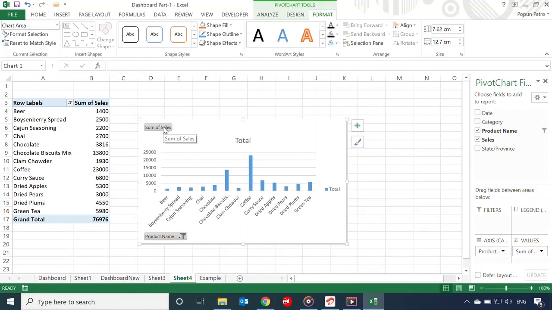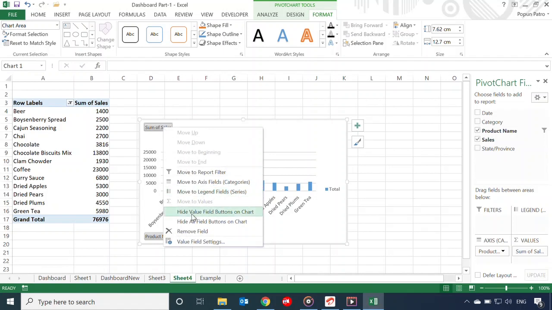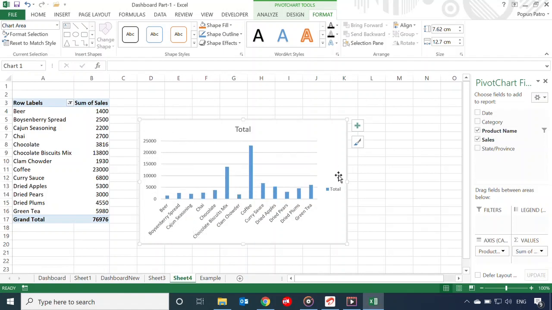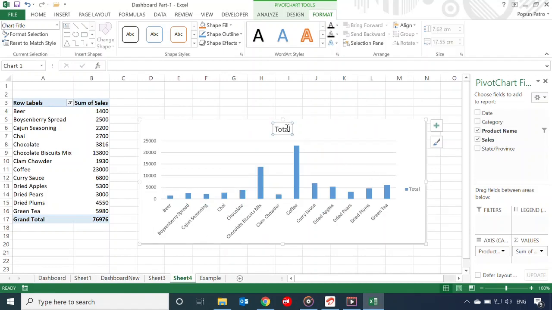There is a point: if you want two graphs, then you need to create two pivot tables. If you want three graphs, three pivot tables. If you want four graphs, then you have to create four pivot tables. This is hard. Then hide all field settings, and right now you have to edit here that this is the product wise cells,